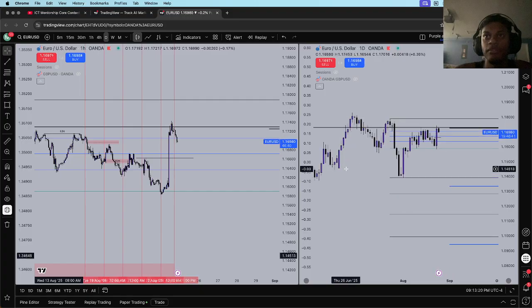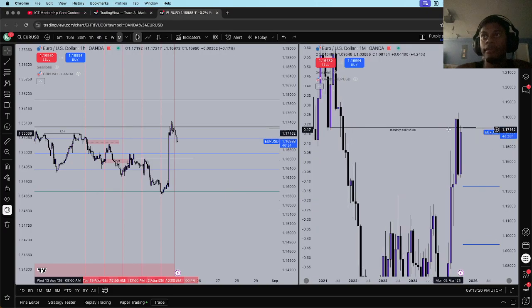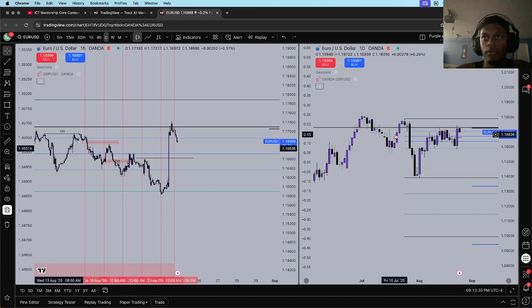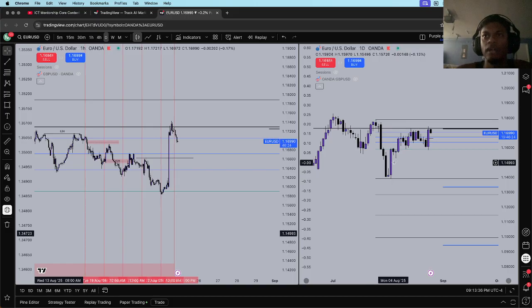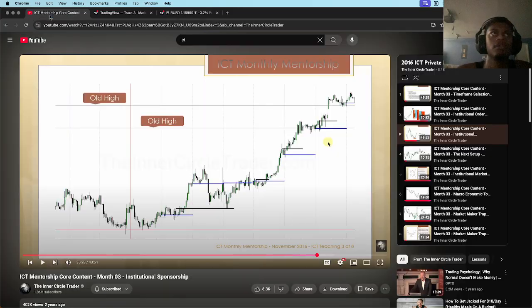So that means there's a liquidity pool here, a liquidity pool here, and from the monthly order block, price hit that, and because it touched the monthly order block, it grabbed these big pools of liquidity down here, and then look at the reaction, it shot up. Price hasn't come back here since, and judging by what I learned here,